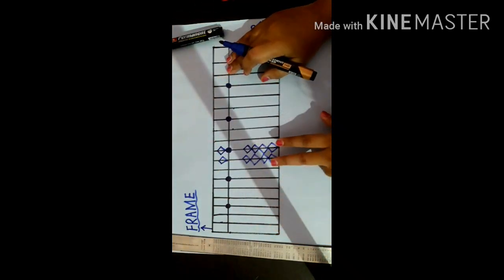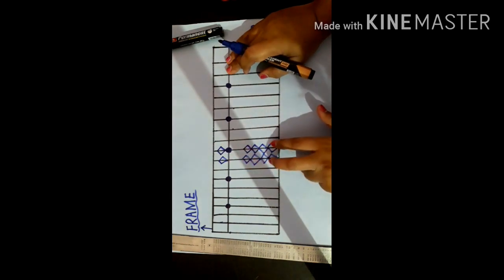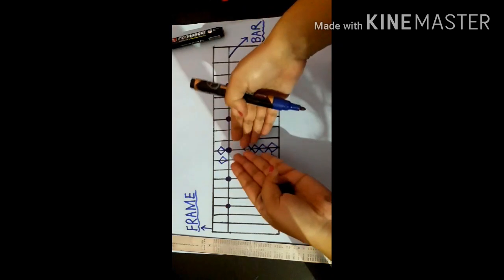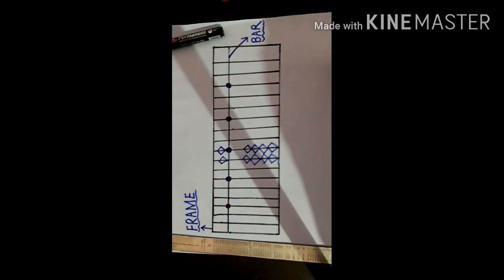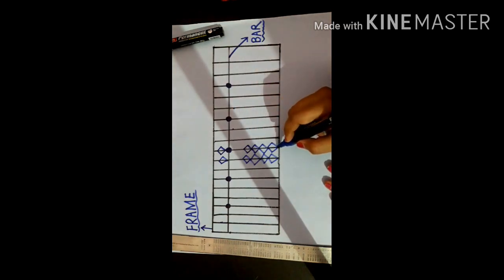I have drawn in only these 2 rods because you do your calculations. आप जो भी अपने calculations करते हैं आप इन 2 rods में करते हैं. That's why I have drawn the beads only in these 2 rods. It's your choice. You can draw the beads in other rods also. So in this rod you do your calculations.